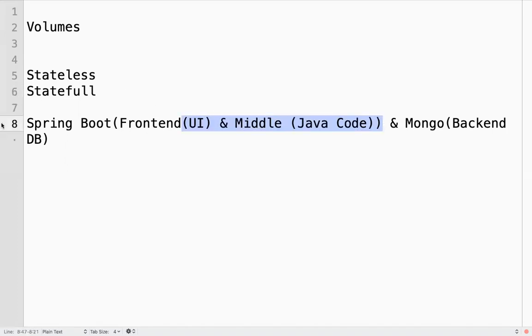This front end application is stateless. We are not storing anything. Even if the front end container goes down, I just need to replicate that container. I don't need to worry about the data. It doesn't have any state. I just need to replicate this application. But what about this?